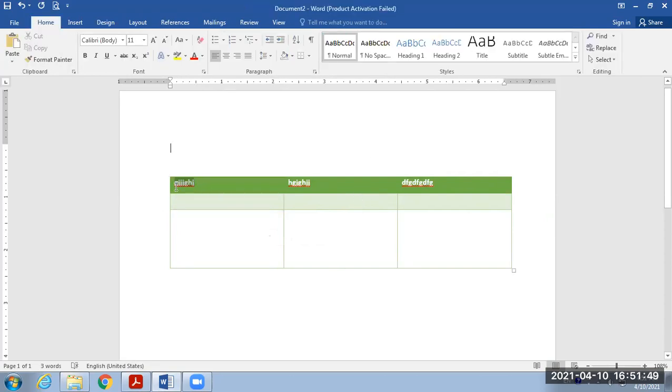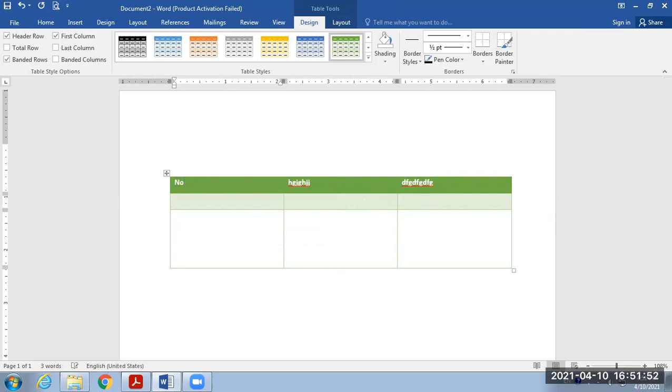This is the table heading. For example, if we provide the first heading as number, then the second heading as name, and then the third heading as standard or marks, then we can provide the related data, which is known as the records. Here we can provide 11 or 12, then the second row as BBB, and here the standard is 12.